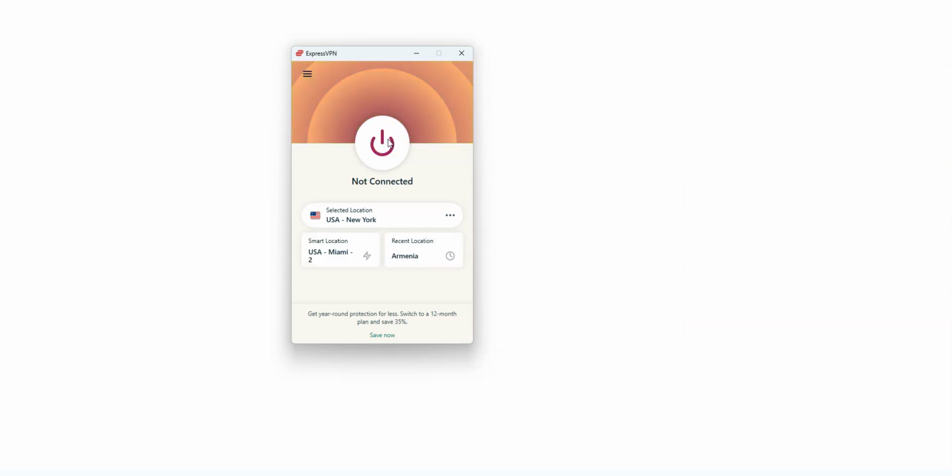Once you don't need to use a VPN anymore, you may deactivate it by pressing this button. I showed you how to do it from a computer, but it's the same principle if you're on a smartphone or tablet. The iOS and Android apps are quite similar to this one.